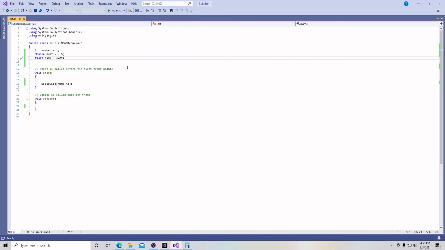So you might be asking yourself, why would I bother to use a float at all? Why wouldn't I just use a double all the time and not have to bother with this F? And the reason is related to what we were talking about before about data and storage. A double is 8 bytes and a float is 4 bytes. And it might not mean a lot when you're making smaller games, but when you're making bigger games and bigger projects, you definitely want to be cognizant or aware of how much storage you're